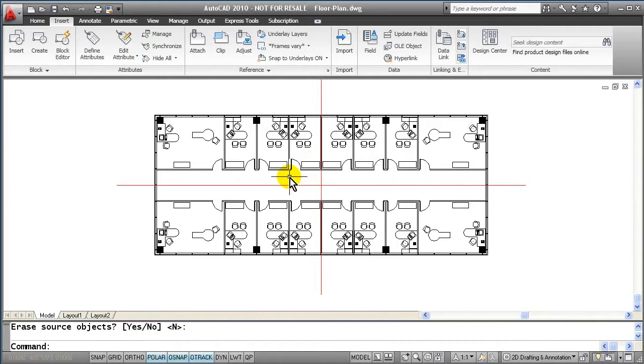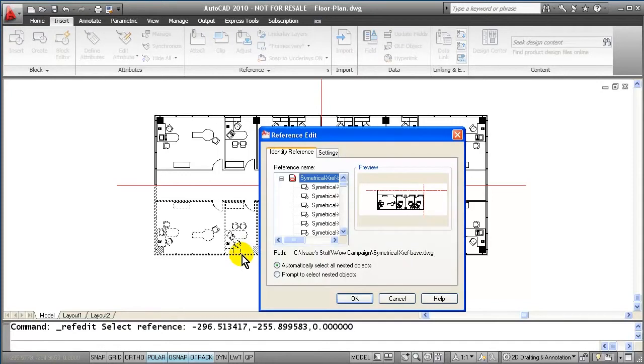Now, once I've gone in and mirrored this to the other side, please realize that let's say that all of a sudden we have decided that we do not want the larger offices, or we feel that we need more offices, so we want to go ahead and break those up a little bit. Normally, if I was this far along, I would have to go in and do this correction 4 different times. But since I'm using an Xref and it's only 1/4 of the building, I can just simply double click on it,